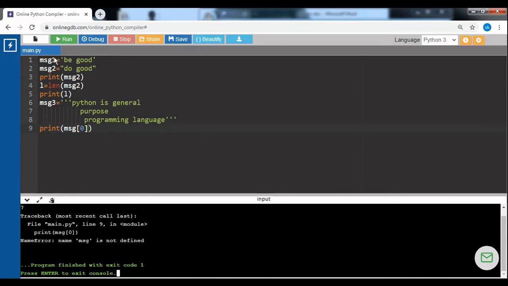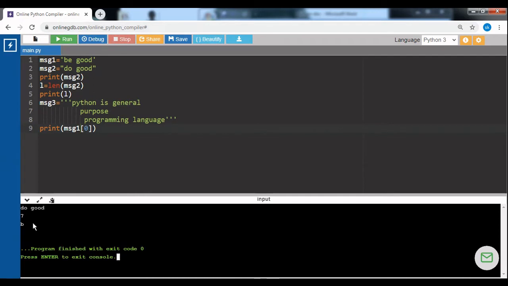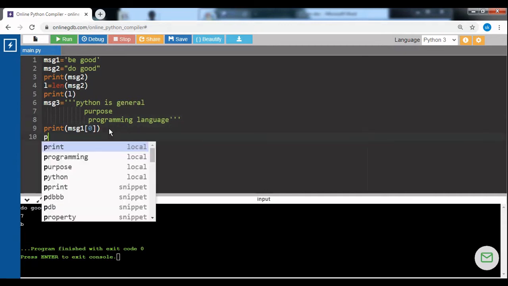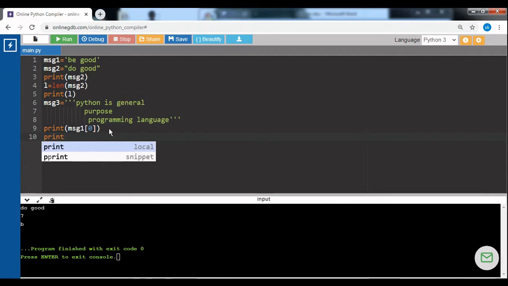Oh, message is not defined. I am having variables message1 and message2. So I can specify that alone, right? So message1. So I got the value, right? Now I want to have the last value of the string. The last value can be accessed using minus in front of the index value.